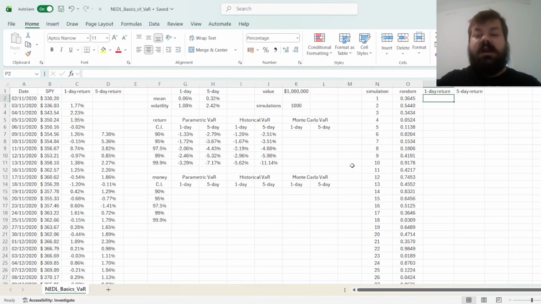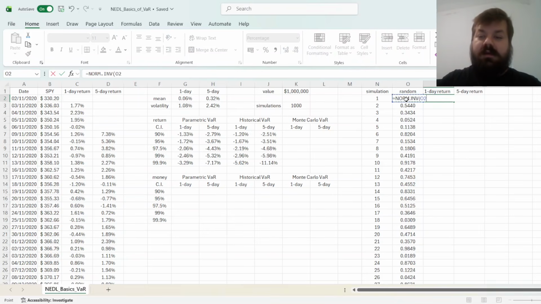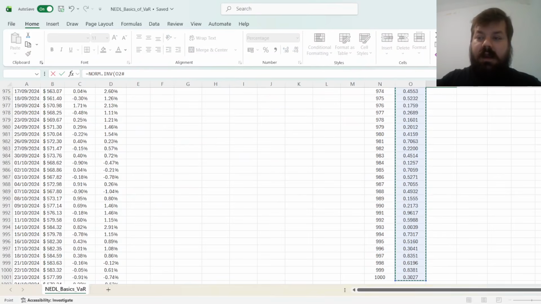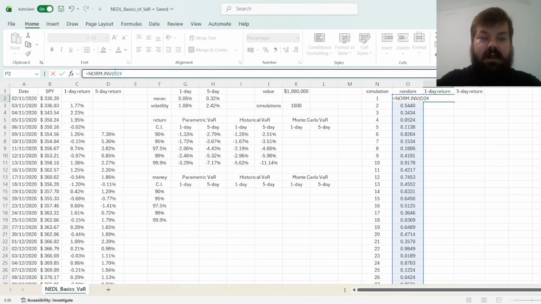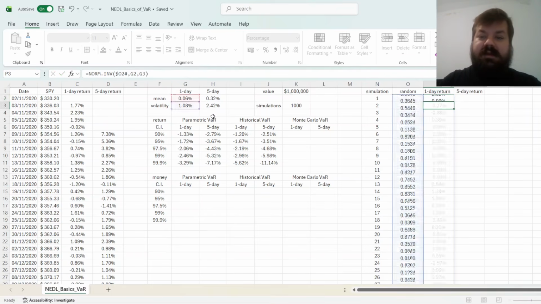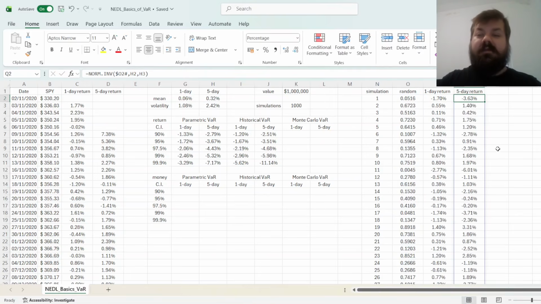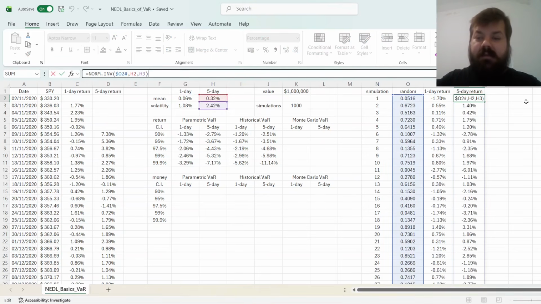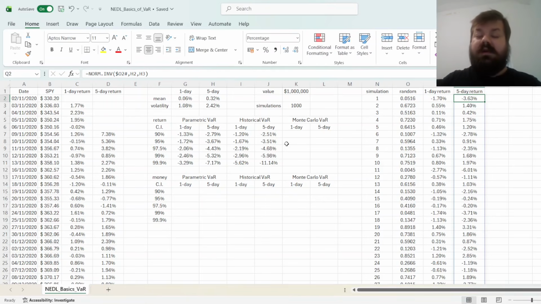And here we can use our estimated parameters to draw random numbers from the appropriate distributions. So for our one-day returns, we use the normal inverse distribution, refer to the array of random numbers, we'll lock the column here, and we refer to the one-day parameters, mean and volatility, and we can do the same for 5-day returns with 5-day parameters here. And again, the Monte Carlo simulation approach essentially combines some techniques from the parametric VaR and the